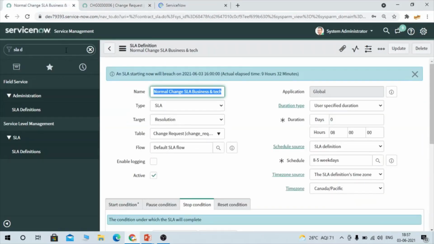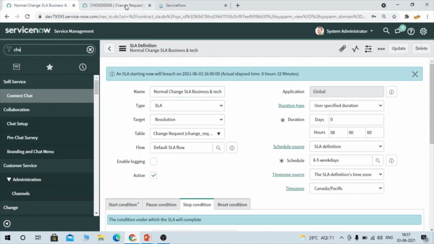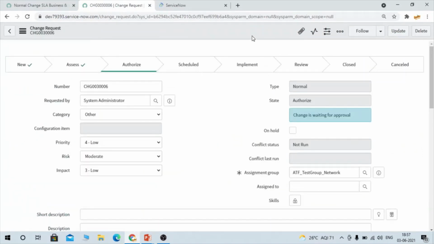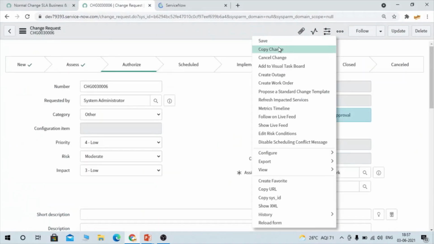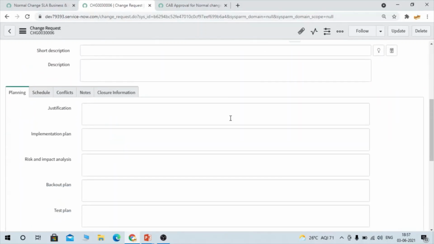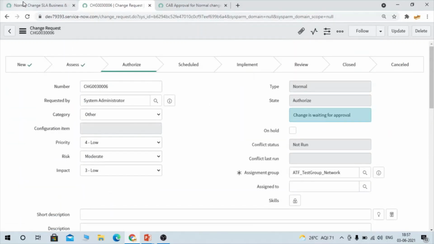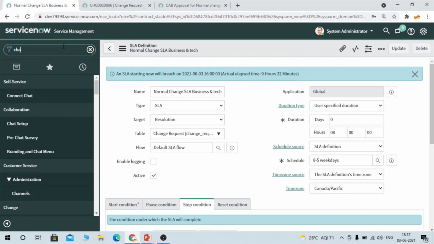So let's create another change request, or if we have the option to go back, let's go back. Okay, we can't go back. We would have to use a background script, so we are not going to do that.